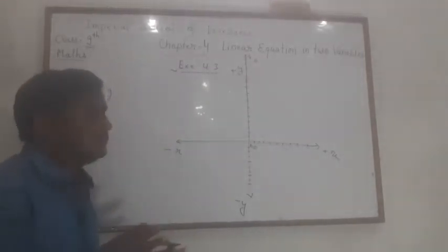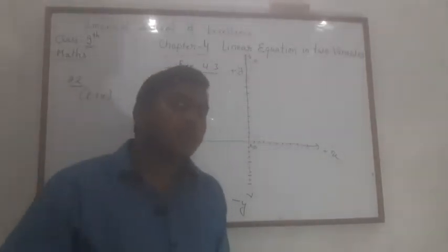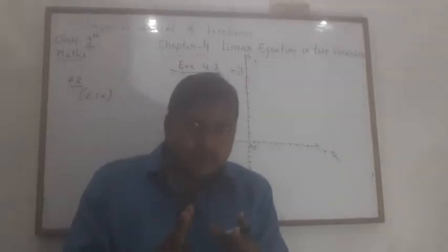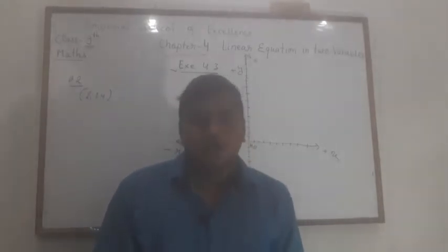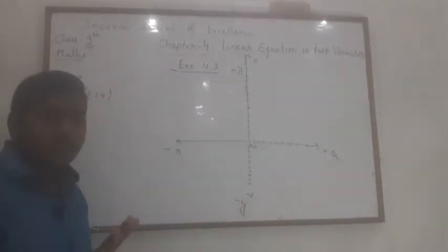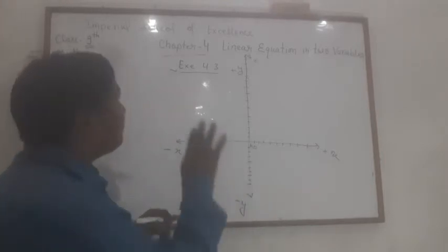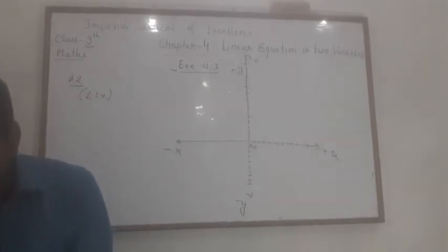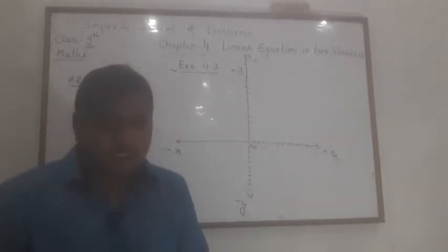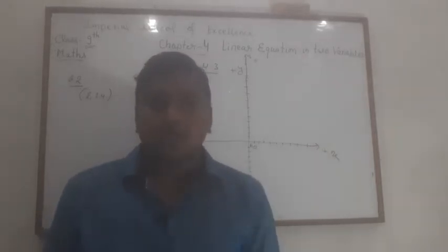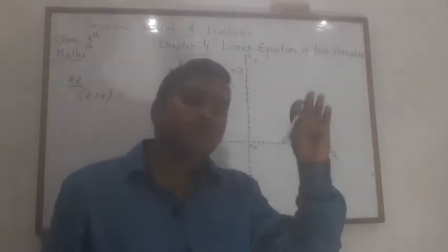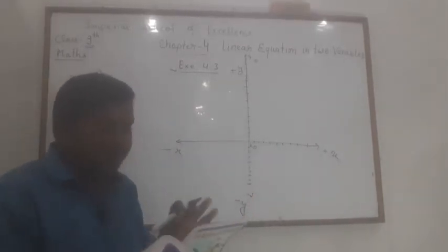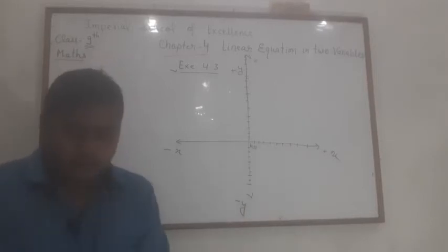This point is here. And see dear student, from one point how many lines can we draw? Infinitely many lines. From 2 points how many lines can we draw? Only one line. So from one point, how many lines can we draw? Infinite lines. So here we have to give two equations, and the next question asked is how many more such lines can be drawn and why? Infinitely many lines can be drawn, because from one point we can draw infinitely many lines. This is the answer.